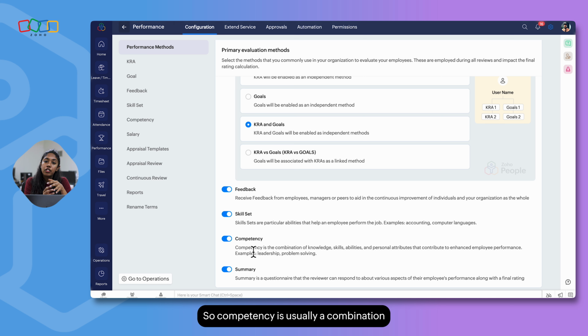Competency is usually a combination of skills and behavior patterns of an employee that will help them to achieve the responsibilities assigned to them. Let's go back to the first example. There is a customer service representative working at your organization, and the KRAs for this customer service representative are going to be customer satisfaction, response time, and resolution rate.